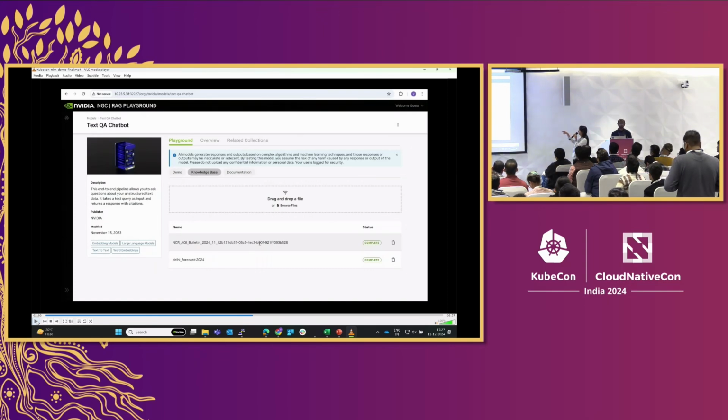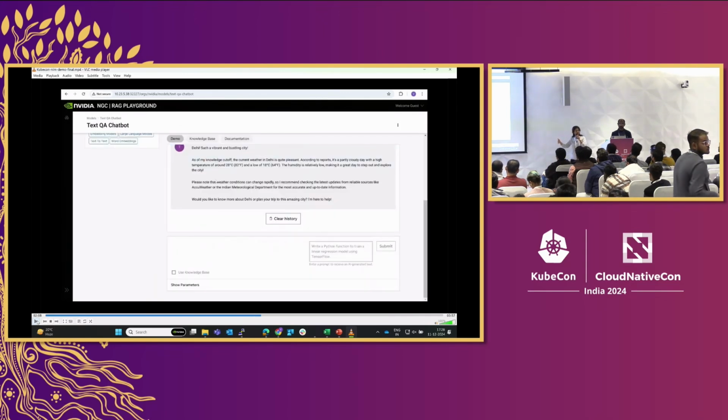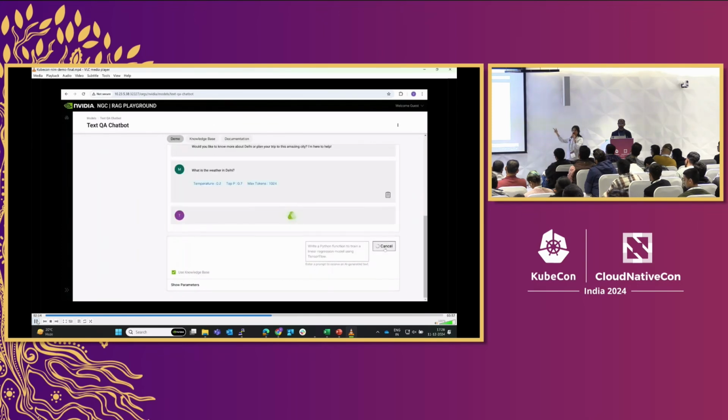So we just uploaded a document saying, okay, this is the Delhi weather in June is so-and-so. So this is the other domain-specific information that you will be providing, saying that weather is generic information, weather in June is my domain-specific information, and eventually the response, if I ask again, what is the weather in Delhi, you're going to get a better answer, a more fine-tuned answer to the same question.